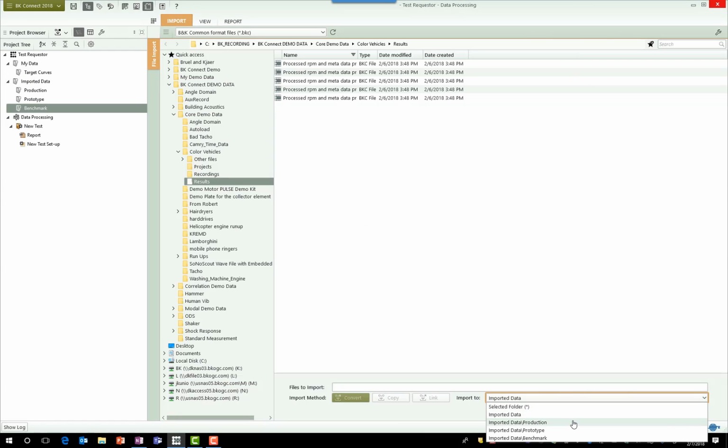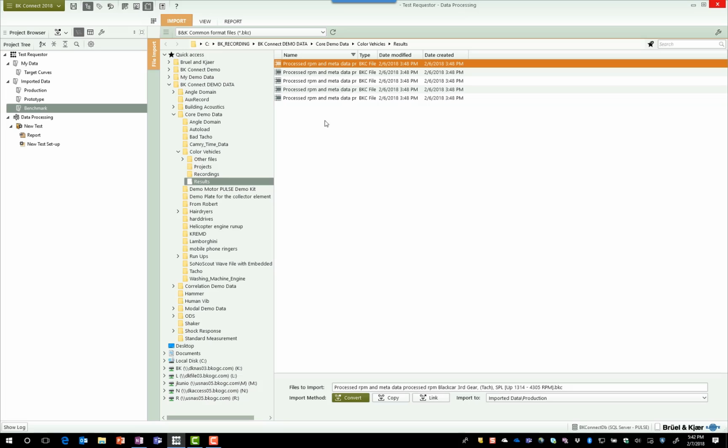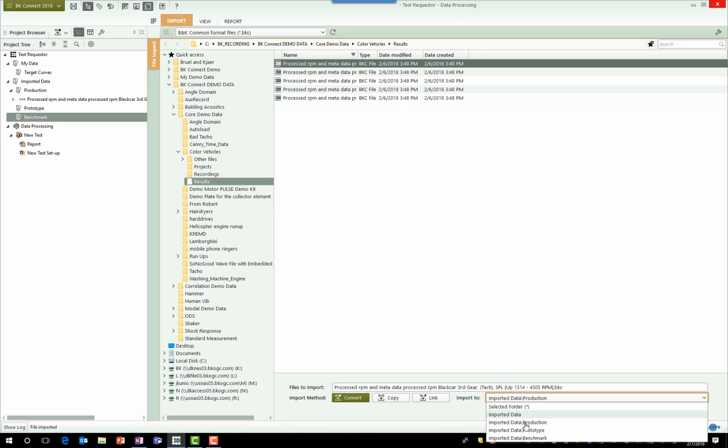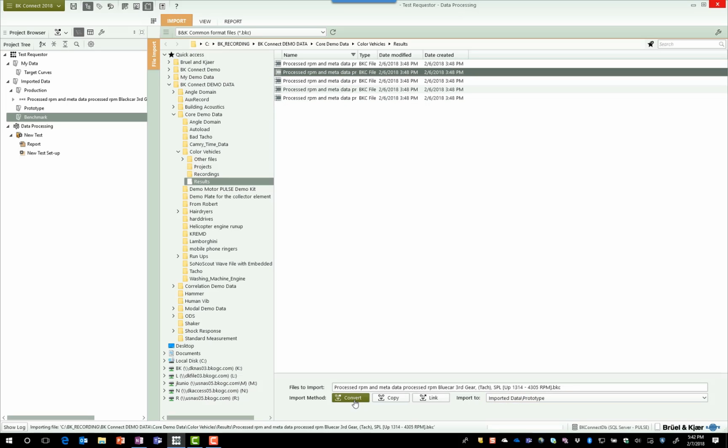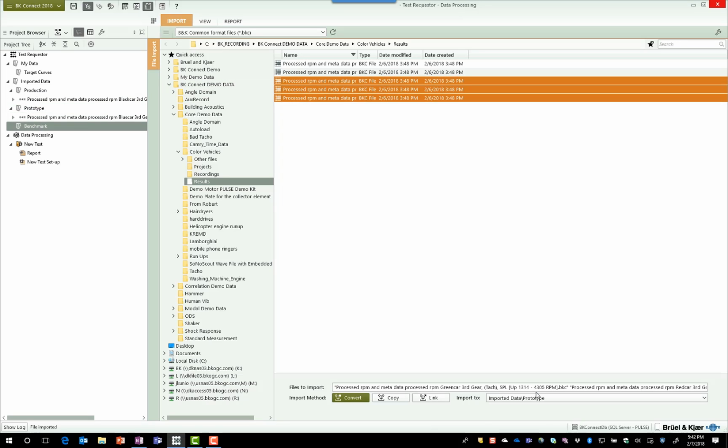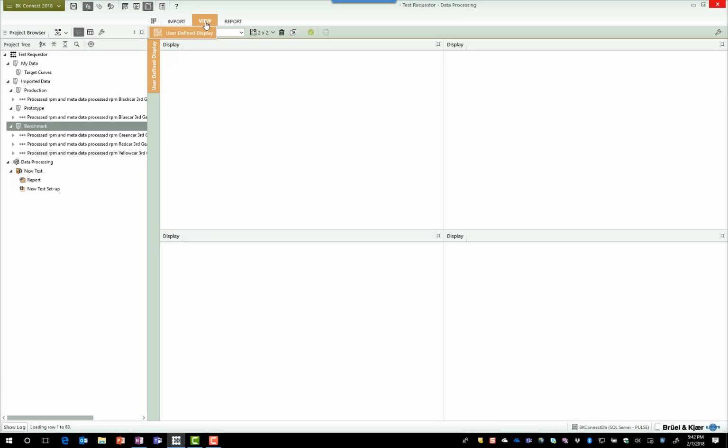As a test requester, one of the things that's going to be important to me is going through and reviewing the data that's been acquired by my team, whether it was the specialist or the test engineer and operator role, but somehow I'm going to want to go through and review the data. So I've just gotten done importing some of the production model data and some data from a prototype, and now I'm going to import some of the data that was taken on some of our benchmarks, some of the targets that we have. Now that I've imported all of that data, I can come over here and start generating some